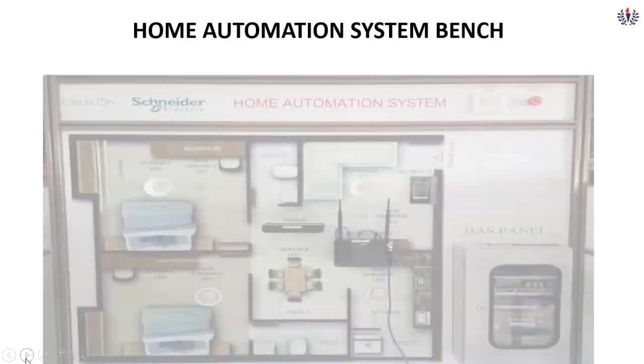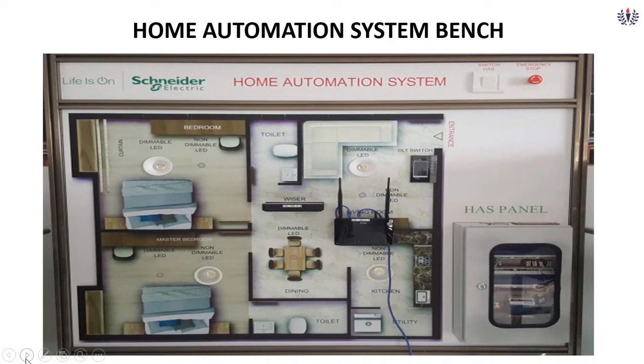Let us see the hardware configuration of the system. This is the home automation bench, which is a layout of a 2 BHK house. We have two bedrooms, one is the normal bedroom and the other the master bedroom, and we have the entrance or hall, and a kitchen. Instead of that, we have the dining here. Here we are going to control the electrical components of four, as this is a demo version. We have two non-dimmable LEDs and two dimmable LEDs, and curtain control by means of the DLT switch.